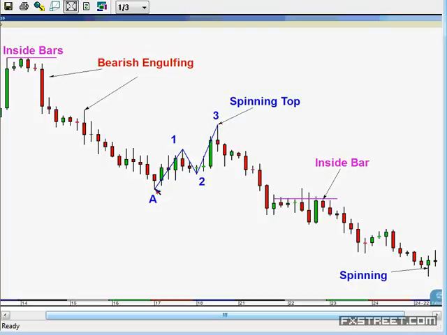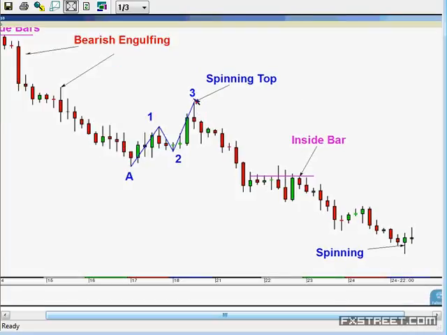Basically, what an ABCD pattern, or a 1, 2, 3, is that A to B is the same length as C to D. So you basically take the length of that formation there from low to high. You then take the next low, as long as it's a higher low, and you then project it up, and you then look for reversal signals in shorter time frames